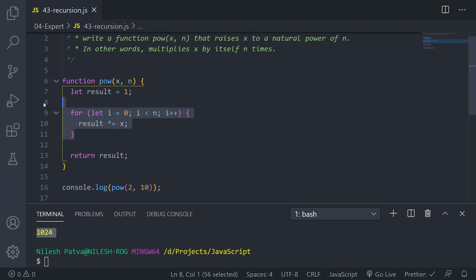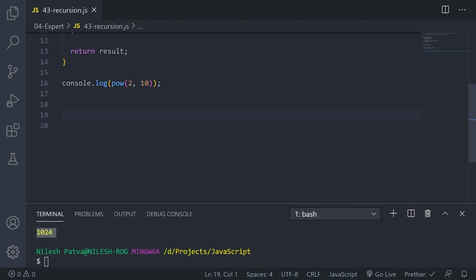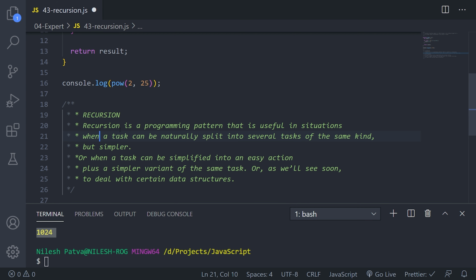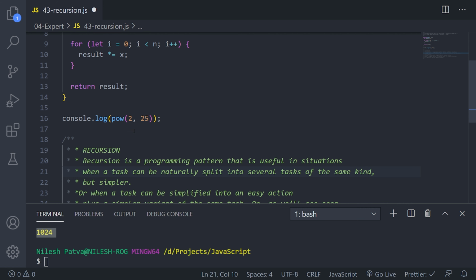As we know, we have to write this for loop and all that, but we will see another approach in programming. So let me show this to you. Basically we are learning about recursion, what recursion means. Recursion is a programming pattern that is useful in situations when a task can be naturally split into several tasks of the same kind but simpler.